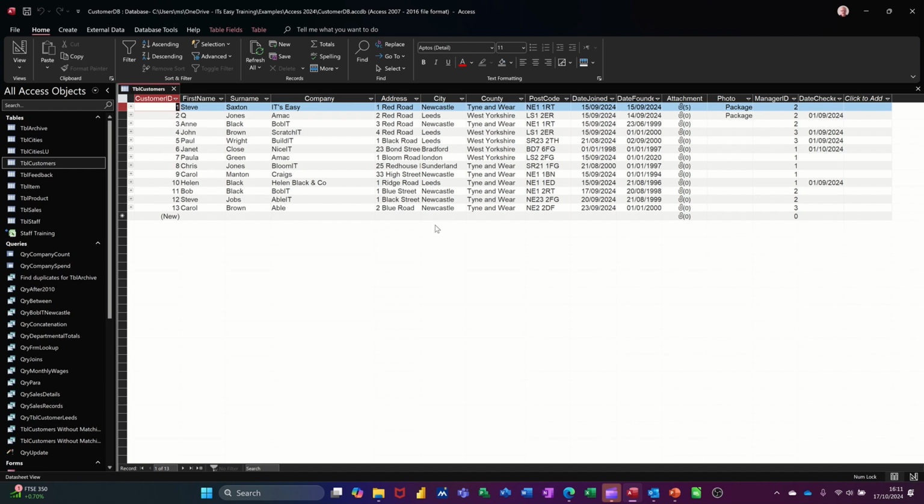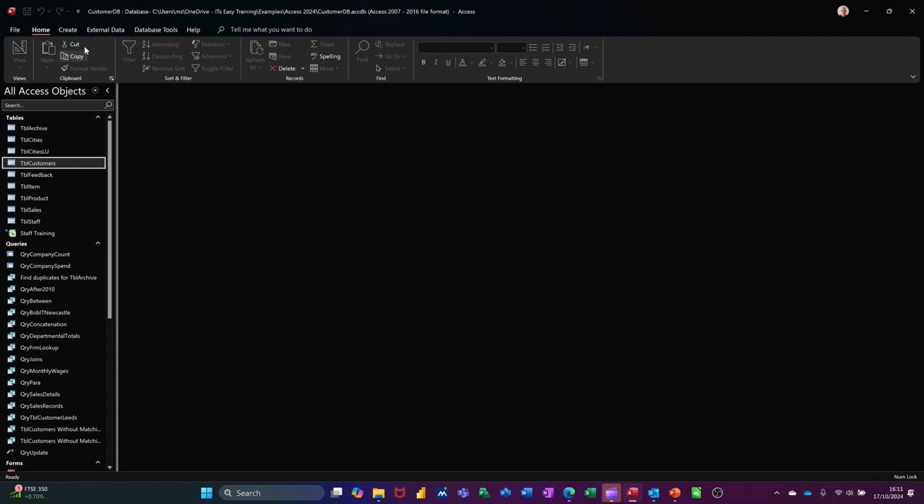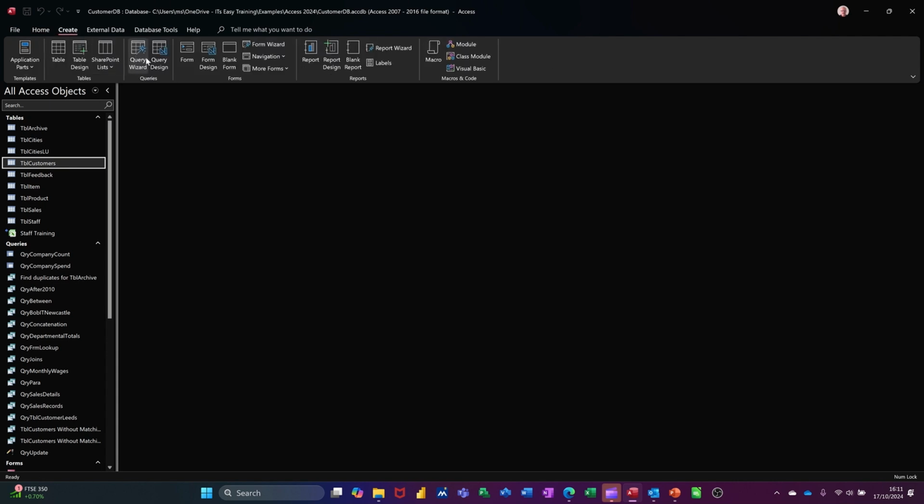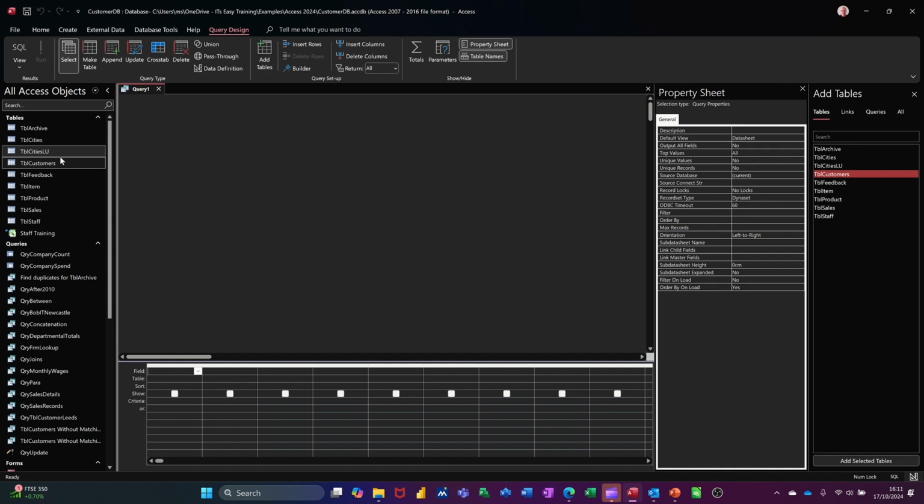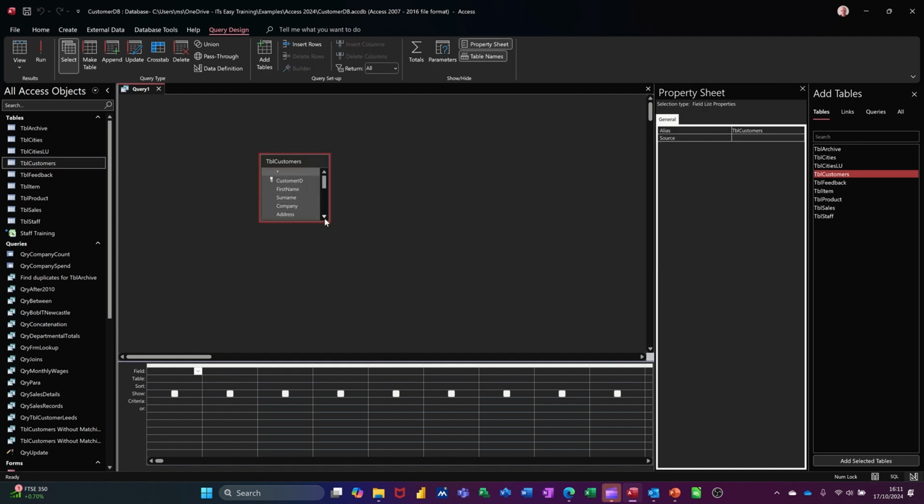If I open this, you've got a date joined field, which I'm going to use, and the Now function, which is today's date, to work out how long a particular customer has been with the company. Let's do that one first. Close that down. So you create query design, add that table. Now I don't want all the fields, I just want Company and Date Joined. Those two fields. If I run that,